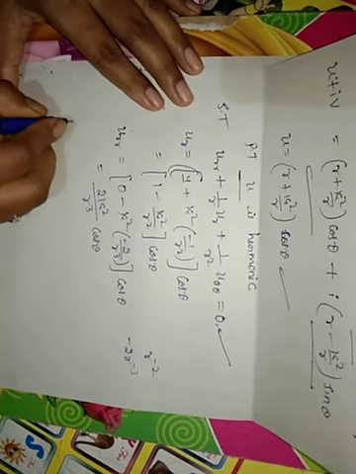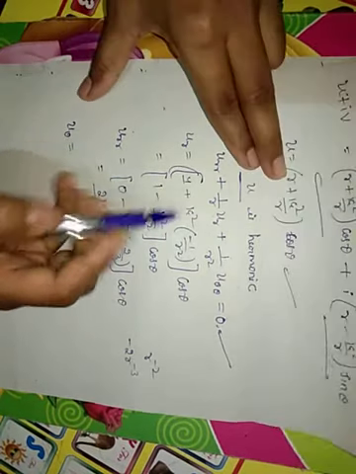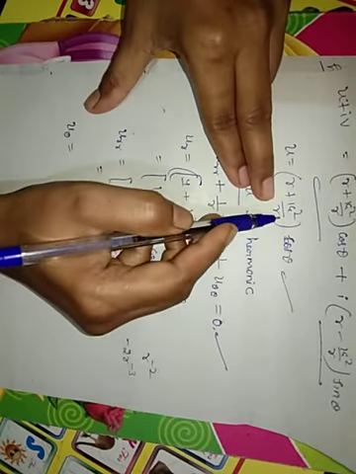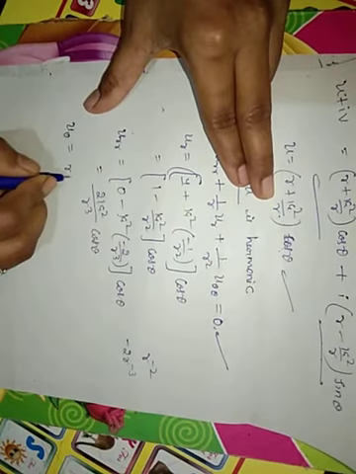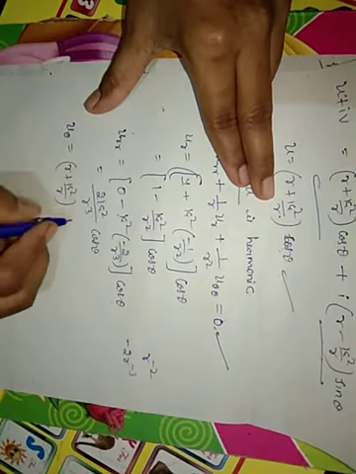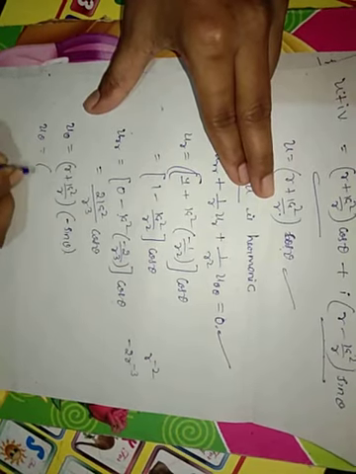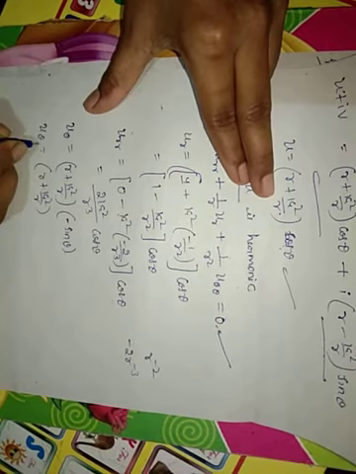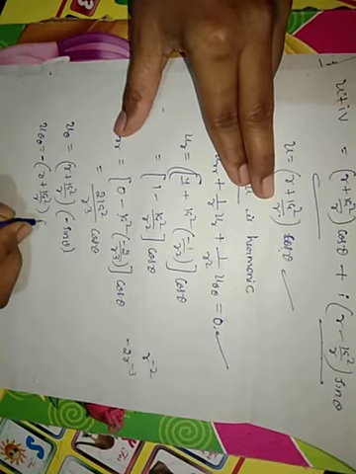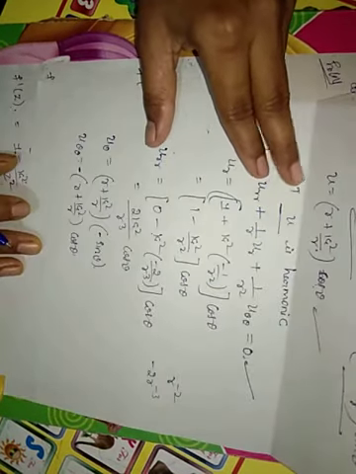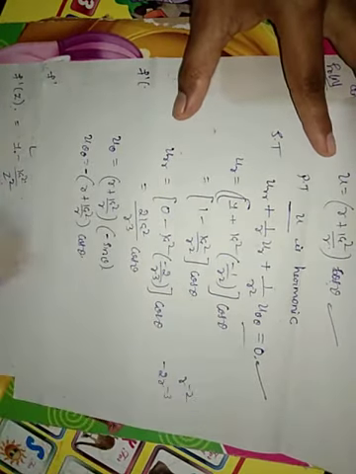Now we have to find the derivative of u with respect to theta. In r plus k square by r there is no theta, so only cos theta has theta, but it is a multiplication, so consider it as a constant. (r plus k square by r) into the derivative of cos theta, which is minus sin theta. Take the second derivative: (r plus k square by r) into the derivative of minus sin theta, which is minus cos theta. So those are our values. Now we have to substitute all these values in the equation.